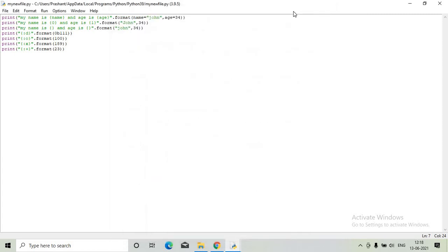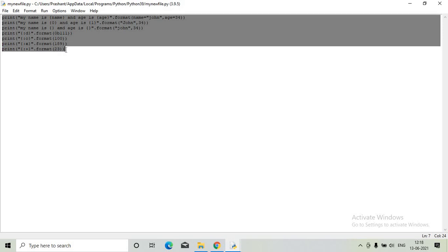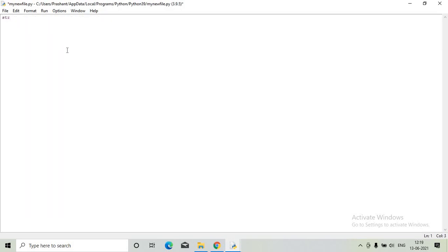We can also search in a string. If I take some string here, I want to find whether John is present in the string or not. Here I say print str dot find.